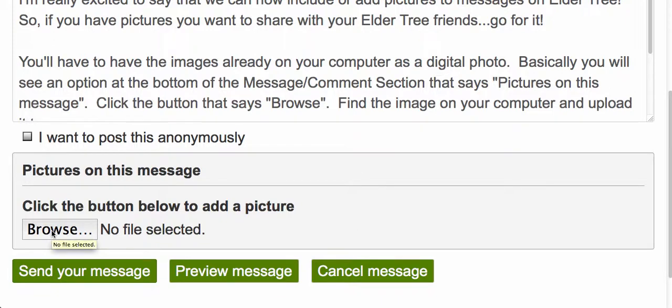It's important to realize that you have to already have your image saved on your computer as a digital photo. So either you already took it with a digital camera, or you took it with your phone and it's on your computer, and then we can go and get it. Where you keep your photo on your computer is a whole other question, but I'll show you where I keep them on my computer, just to walk you through this process. So I'm going to click Browse,